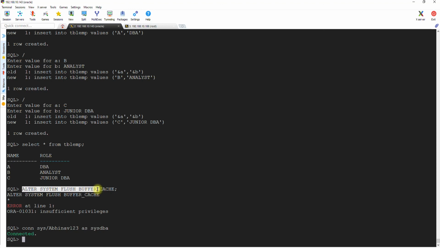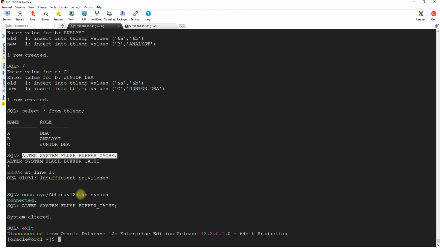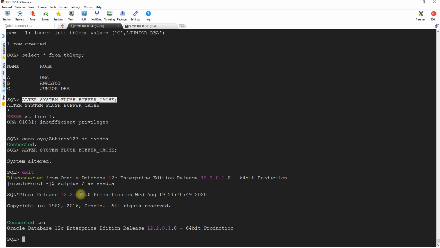I don't have permission to run that. That is the reason it threw an error. Whatever I do, I'll exit out and log in again so that I'm safe. Now we will shut down the database.